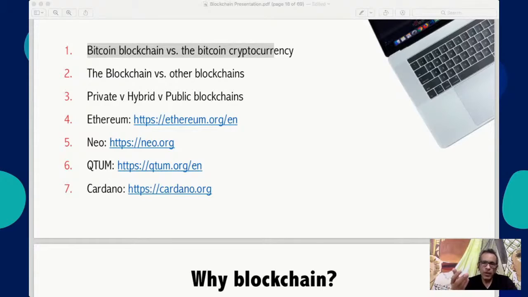People use others also. Then there is a concept called private, hybrid, and public blockchain. Bitcoin is public. Ethereum is public, which means anybody in the world can become part. You don't need to take permission from anyone. Private is when one organization runs it, which according to me is not a sensible use case. It doesn't make any sense for one organization to run it. It is much better that you run your own private database. However, hybrid is an interesting concept. Hybrid is where a bunch of people come together. So 20 banks can come together, circulate nodes with each other, and then carry out, let's say, global cross-border remittances. So these are the three kinds of blockchains: public, private, and hybrid.